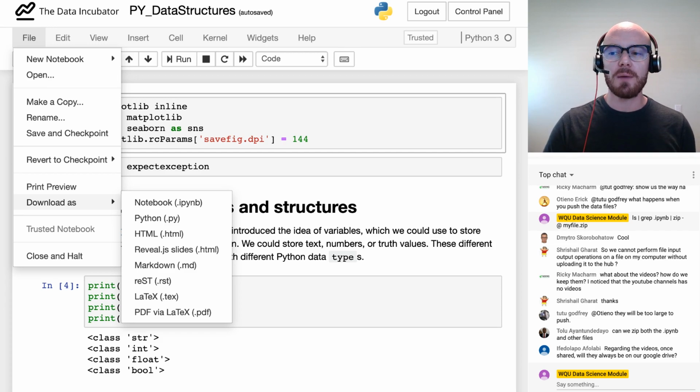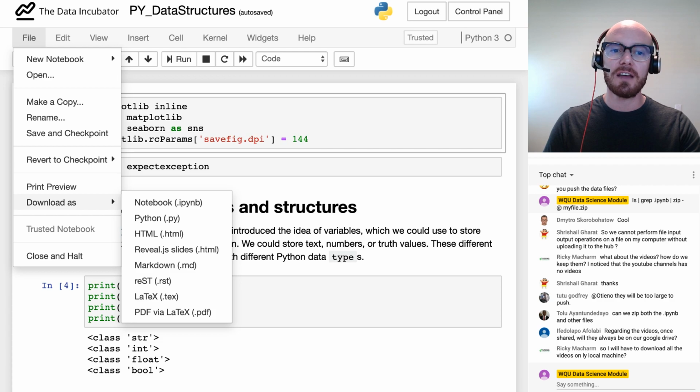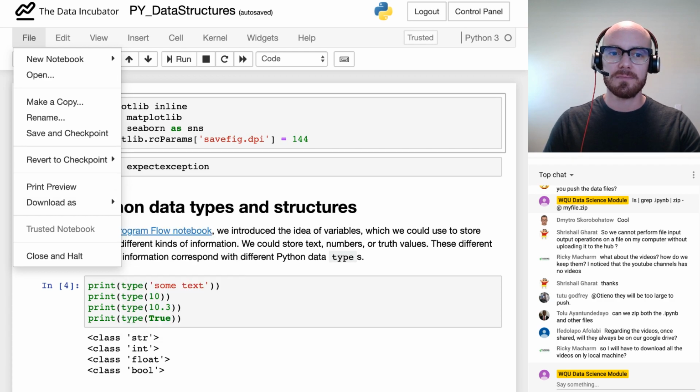You have several options. You can download it as a PDF. You can download it as a markdown file, which is basically a plain text file. So I often keep all of my notebooks as markdown for archiving purposes.